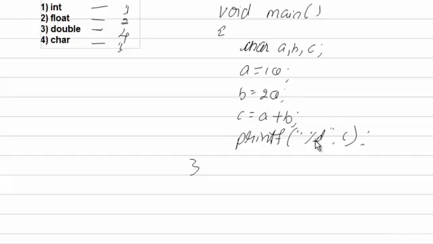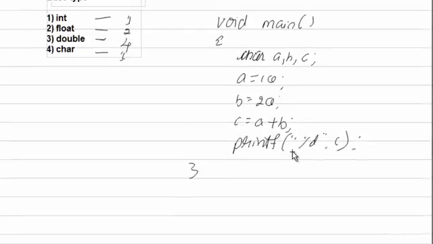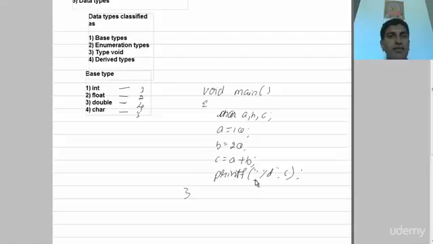C will have 30, and because you have given percentage d, that is the integer representation, that is an ASCII code. Whatever the value is, it will be treated as an ASCII code. The 30 will be displayed. So there is no difference between int and char. Both are the same. The only difference is the range of values you can store, because character occupies only 1 byte, whereas integer occupies